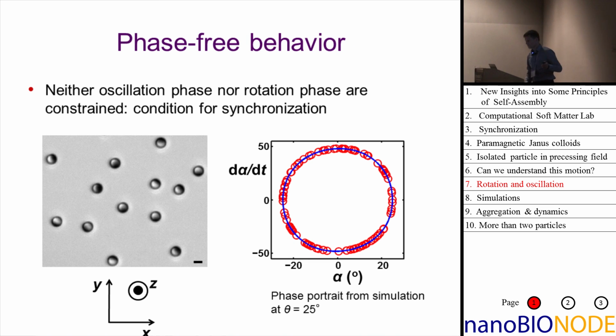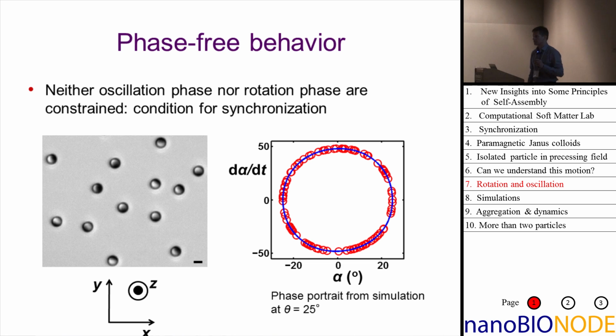However, there's this important property. Here you see a top view. So the z-axis is coming out of the screen. The particles are moving around. This is just a snapshot. And you see that the magnetic side, this nickel side, which is opaque in the microscopy image, so it's the black side, those black sides can point in different directions. So we have oscillators here, but they still have a certain degree of freedom, the so-called phase freedom. This is a mathematical term, but the bottom line is it's a crucial ingredient to get synchronization.